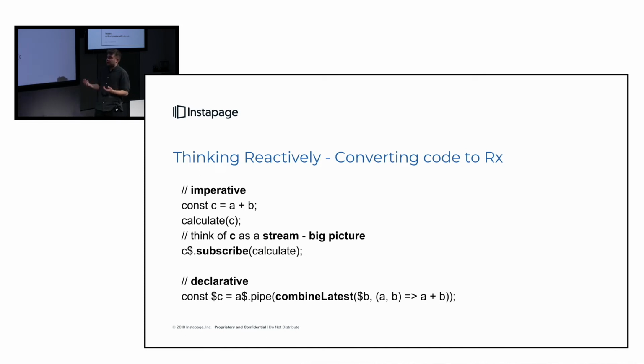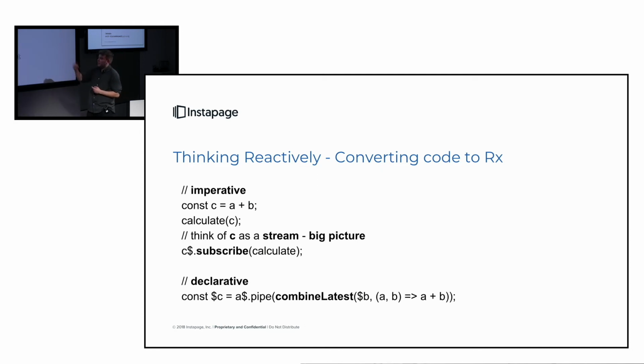Let's say C is an observable, and we subscribe to it with the calculate function. And then we have to go back to A and B and figure out how we should create the observables from A and B